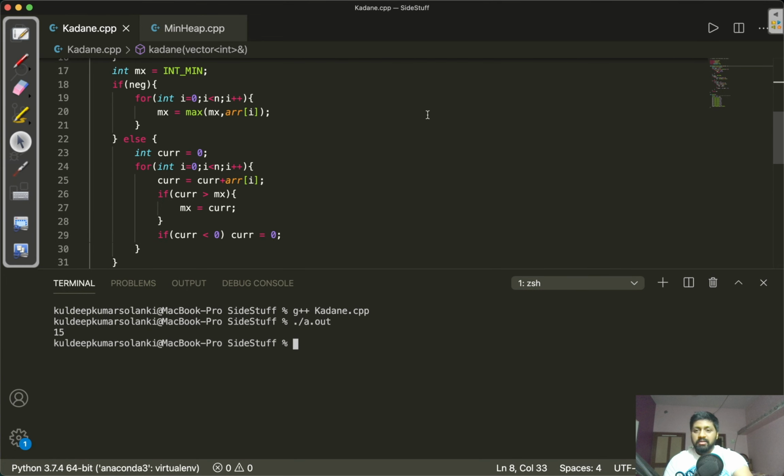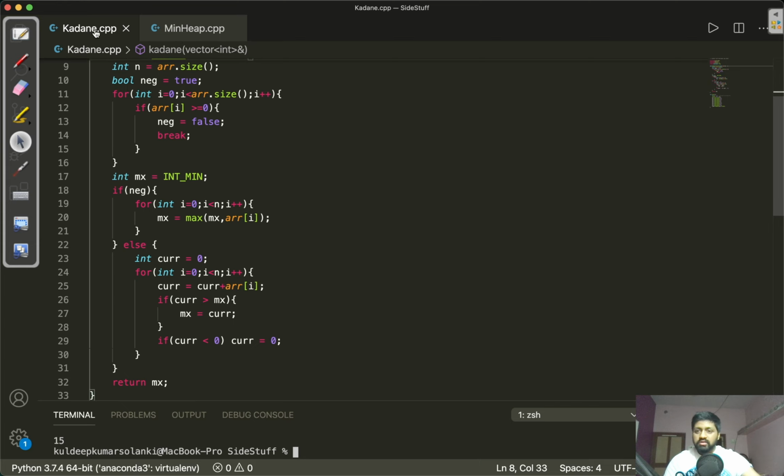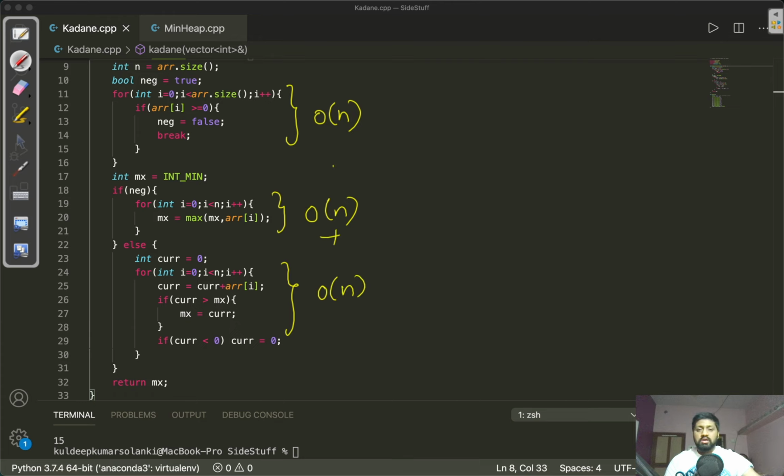Now let's analyze the time and space complexity for this case. I have made several loops, like this is one loop which iterates over all the elements, so this is O(n) time complexity. This is again one loop, taking O(n) time, and this is again taking O(n) time. So overall this has a time complexity of O(n). When we consider the space, as I have shown you in the example, we have not taken any extra space, just these variables. So this takes constant space. Overall the space complexity is O(1) and the time complexity is O(n).